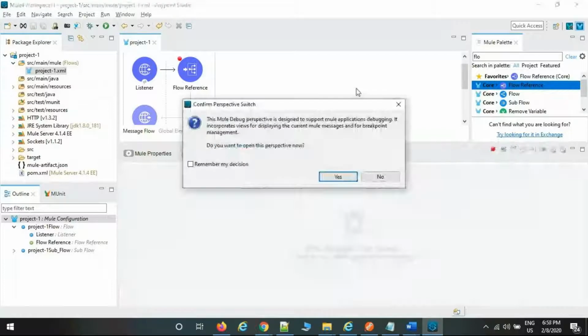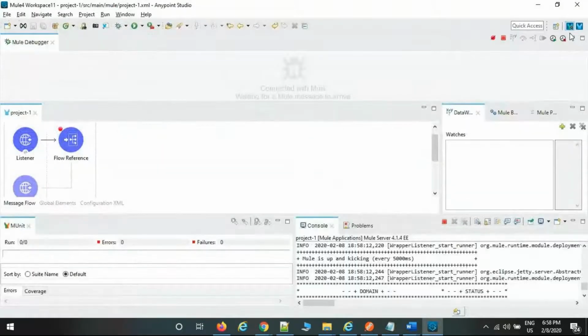See, it is asking for the debug window. Currently we are in the design window. Now it is asking for the debug window. Do I need to move to the debug window? So it is asking for the debug perspective. If you click on yes, now you can see we are currently here, this is design mode. If you click yes, you can see it moves to this one. This is the Mule debug mode, and this is the Mule design mode.